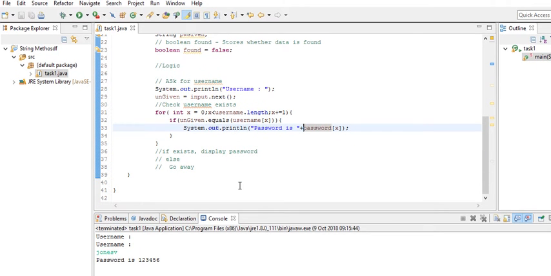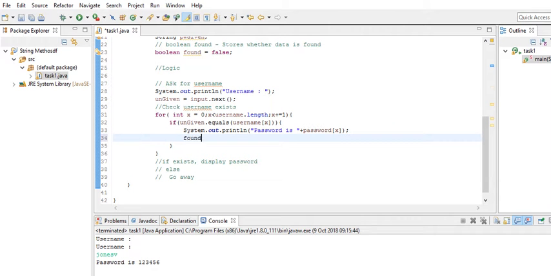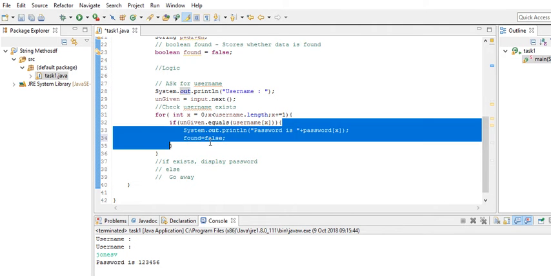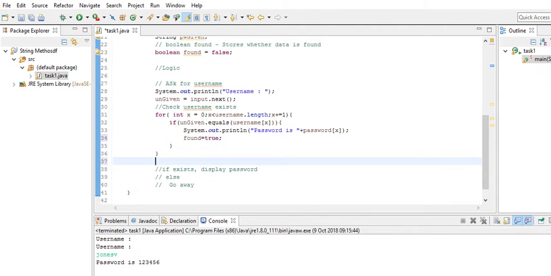we now need to, if it doesn't exist, display the password. And this is where this boolean found comes in. So if we find it and the password is there, then found equals false. There we go. So found, we have found it. Why is it false? My mistake. It's going to equal true because we found it, it's there, and it works. Perfect. Okay. But we now want to say, after the loop is finished,